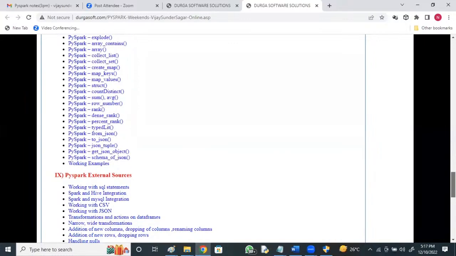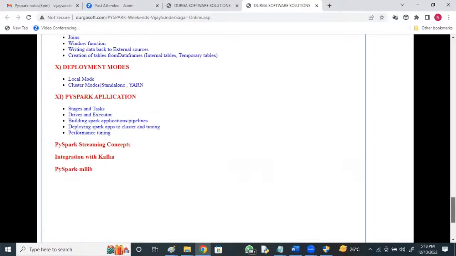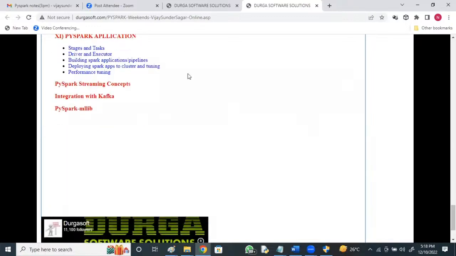PySpark external sources, how to create these from external sources like Hive, MySQL, narrow and wide transformations, addition of new columns, dropping columns, renaming, handling nulls, window functions,